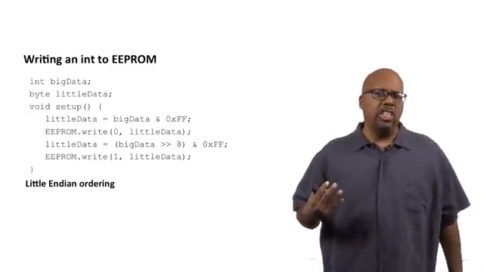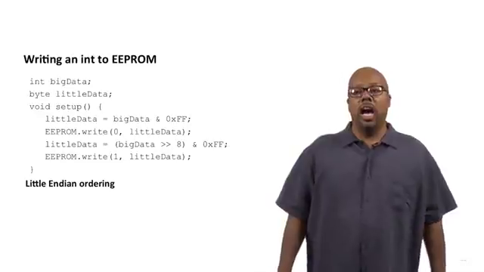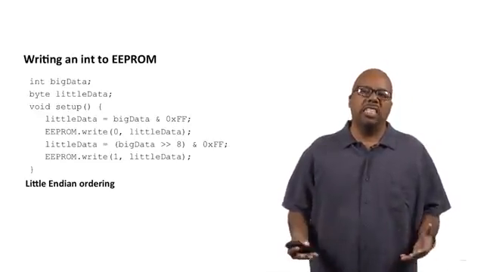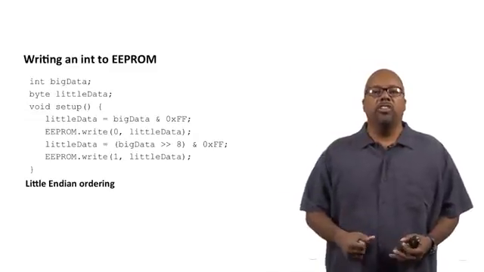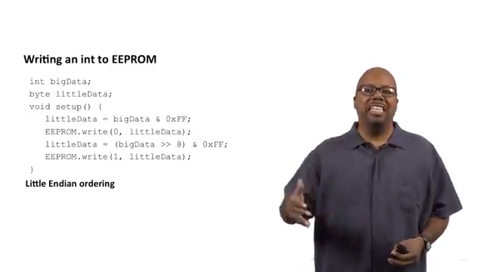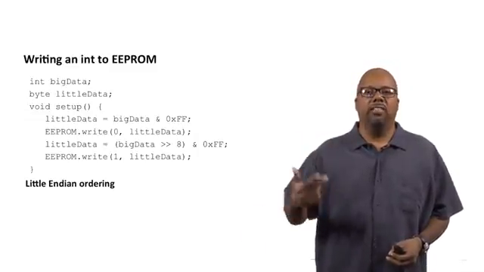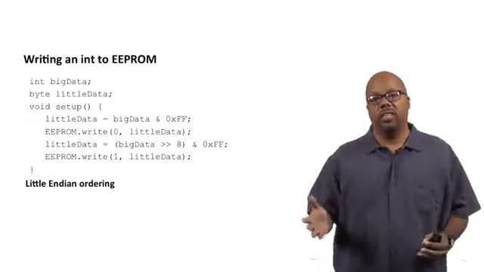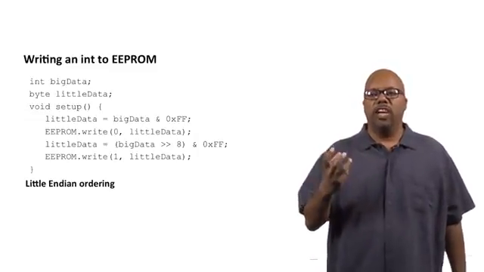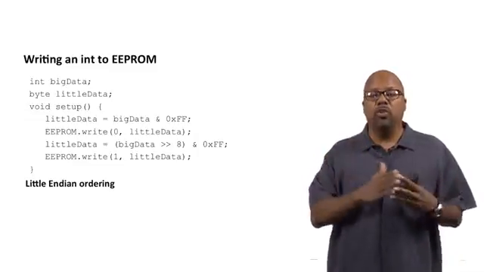Now that notation is called hexadecimal notation, right? We didn't go over it, but hexadecimal is base 16. And in base 16, you have 16 digits, 0 through 9, plus A, B, C, D, E, and F. So A is 10, B is 11, so on, and F is 15. Notice the 0x means hexadecimal, and the actual value in hexadecimal is FF, and F is a 15, which in binary is all ones,